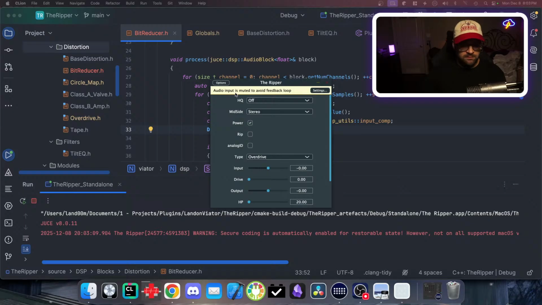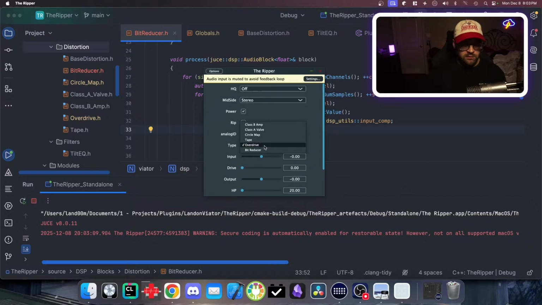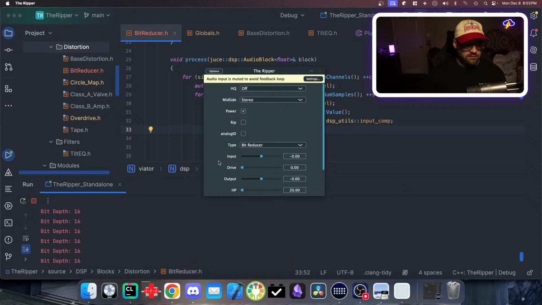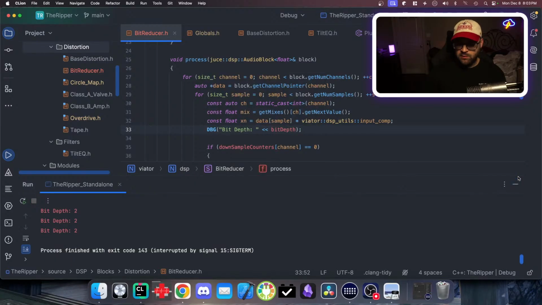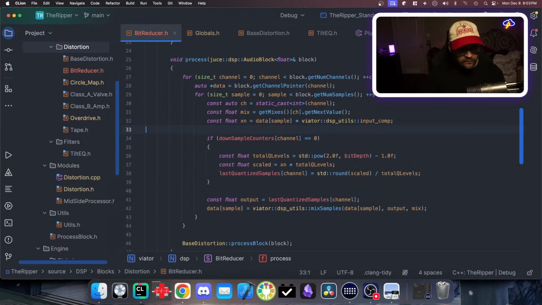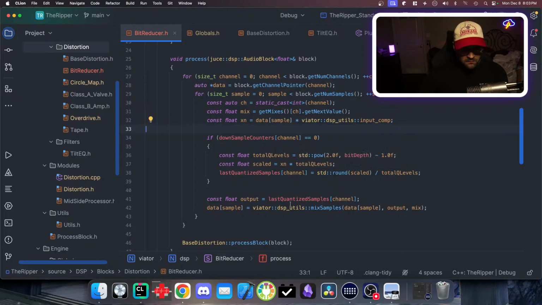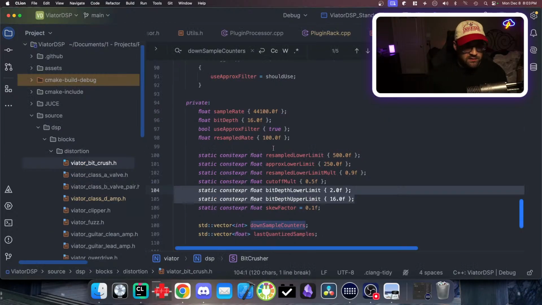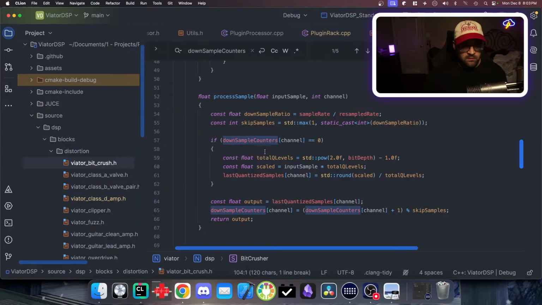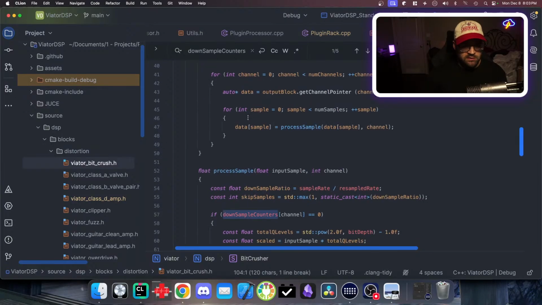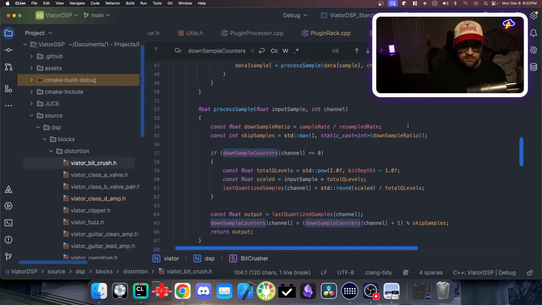Check. All right, so if we go bit reduce, okay. Oh yeah, it's changing. Okay, and it's supposedly processing, so I did something wrong. Maybe I couldn't remove those. Unless did I miss another process sample? No, that should be fine. Okay, so